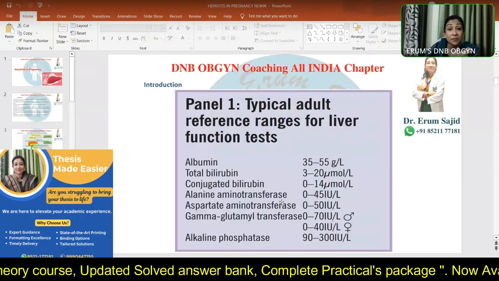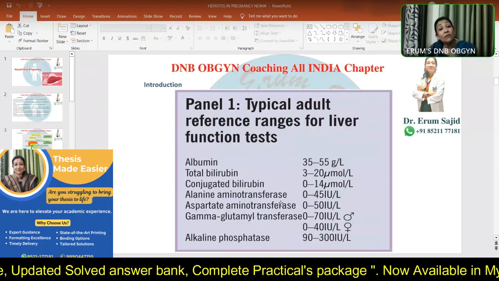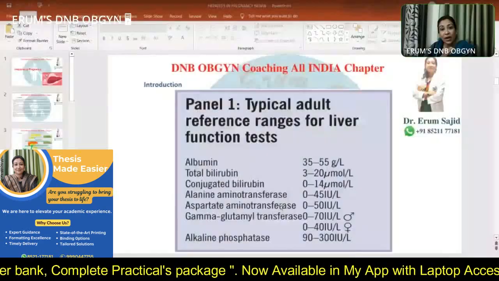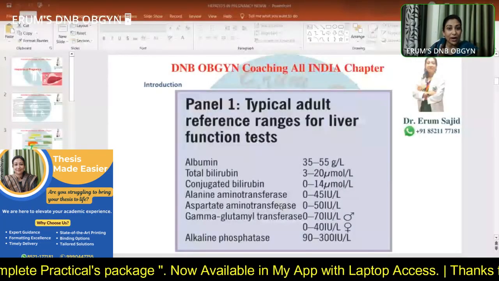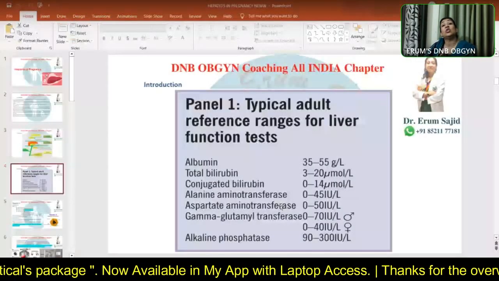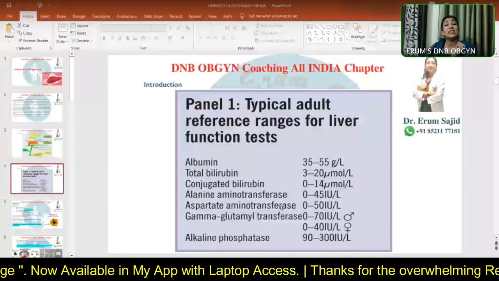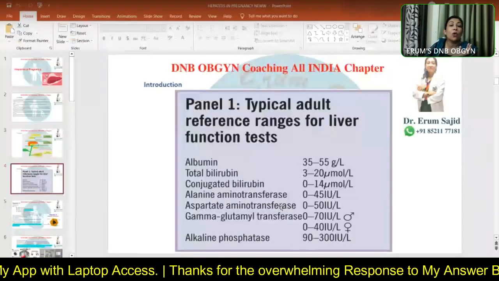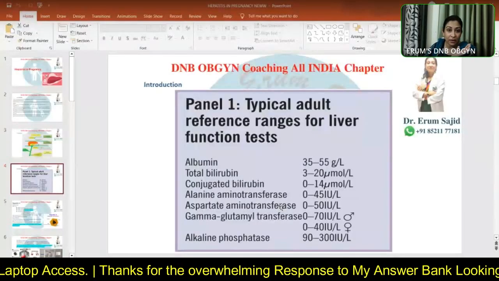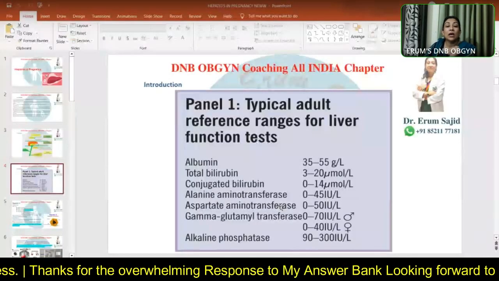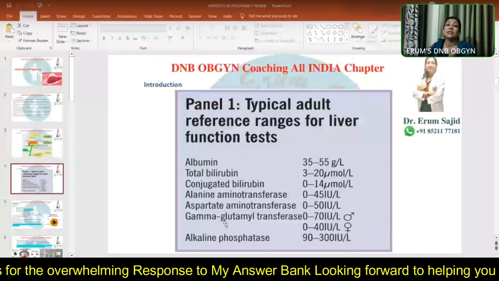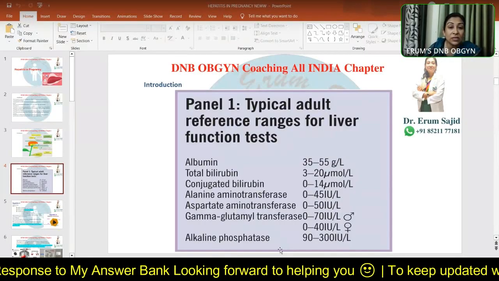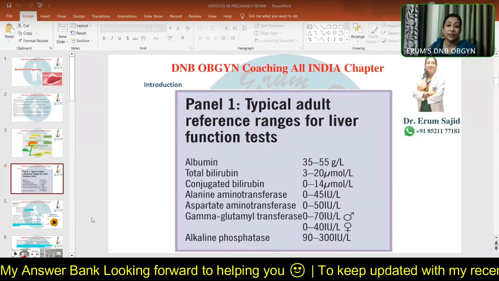And in case of hepatitis, in pregnancies like that, it goes above 1000. So anything which is less, let's say, around 100 is also fine. 200 is also fine. You can still think of your IHCP. But if it is touching 1000 or something like that, even 600 and above, please be hepatitis-minded or think of something more catastrophic than that. You can't sit over it, right? Alkaline phosphatase increases in pregnancy. Gamma glutamyl transferase also increases in pregnancy, but not to those proportions as it does in hepatitis.